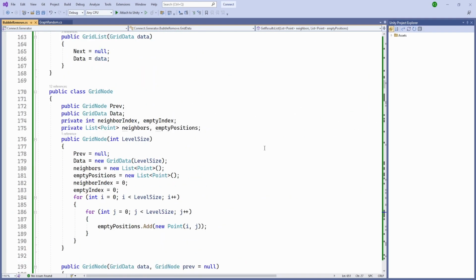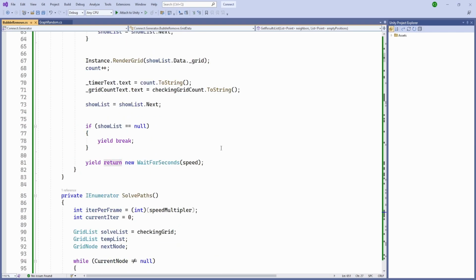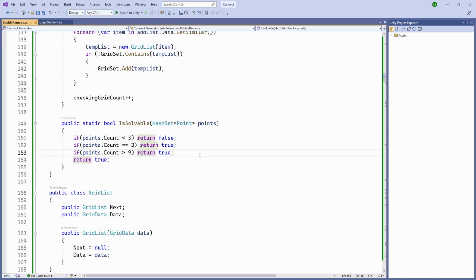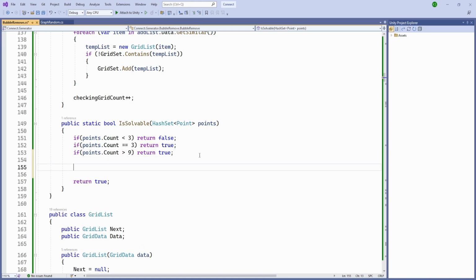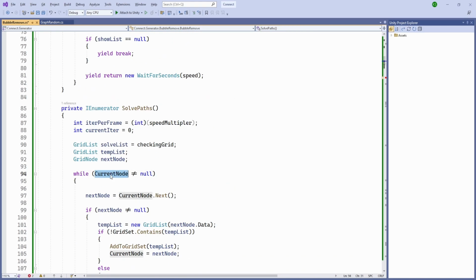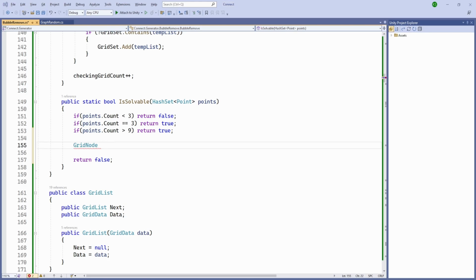But inside our solvable function, which should be inside our bubble remove, if it is greater than 9, then we are going to return true, and we'll do a check. So we'll see if it is solvable, then it is going to return true, else it is going to return false. So how are we going to do that? We'll create a grid node as we have done in the start, which is our current node, and this